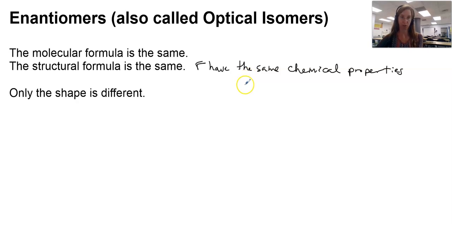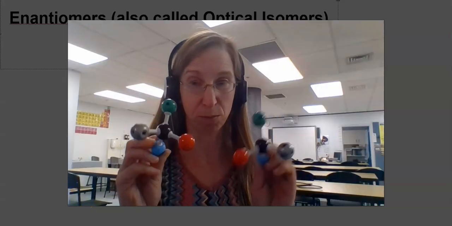Whenever the structural formula is the same, the chemical properties will be the same because all of the functional groups are the same. And similar to cis-trans, it's the shape that's different, but it's a different way that it's different this time. This time it's not a double bond, it's just a carbon, but the carbon has to have 4 different groups around it. Okay, so if we've got a carbon with 4 different groups around it, this tetrahedral shape